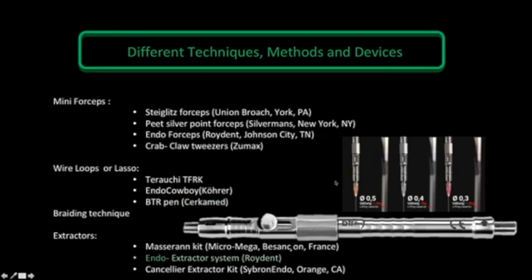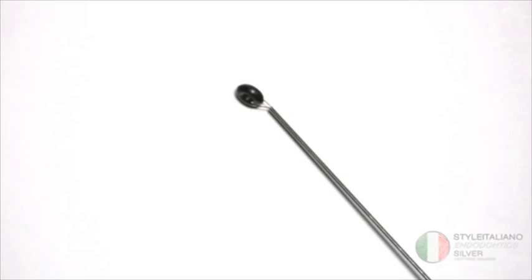For the extractors, we have lots of companies that presented extractors to the market. We are not going to cite them all. We have the Masserann kit, the Endo extractor from Roydent, the extractor kit from Cyber and Endo. This is a short video just to show you